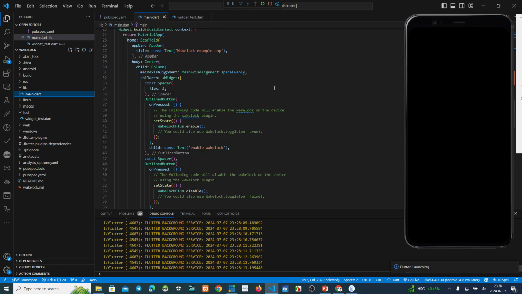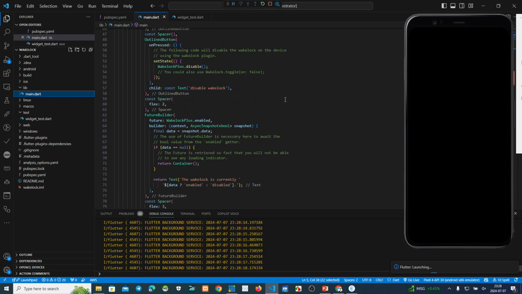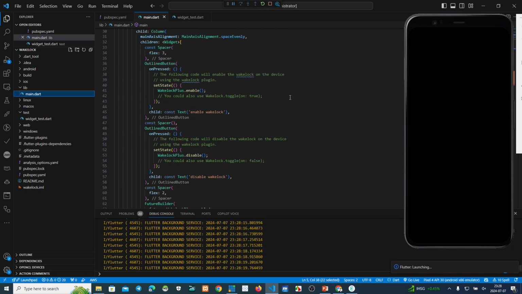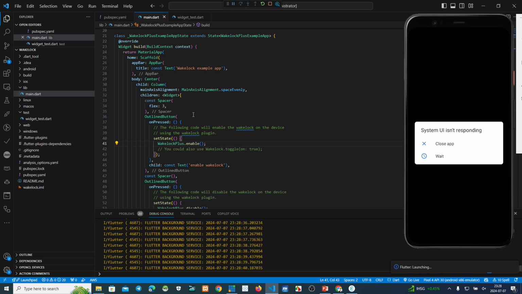We can see on the script, it's very simple. If we want to enable Wakelock Plus, just write this one: WakelockPlus.enable. If we click a button, our Wakelock Plus will enable.